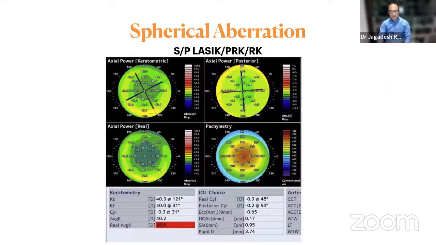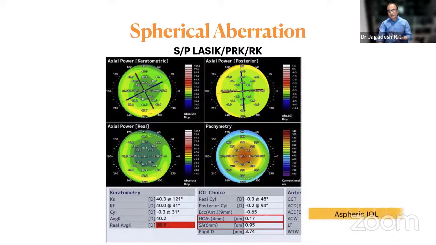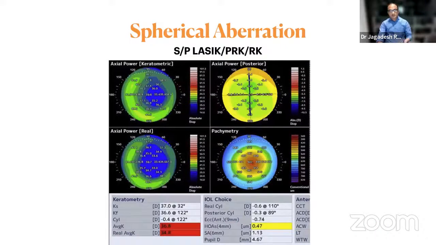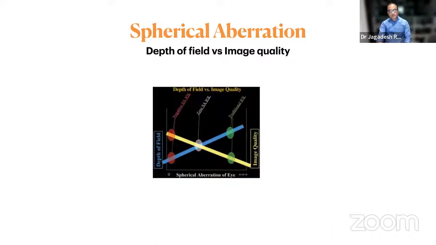Let's look at this example. This is a patient who had undergone a LASIK procedure, and you look at his higher-order aberrations, not very bad, but you look at the spherical aberrations on the higher side. These would definitely benefit from an aspheric IOL where you would want to correct some amount of corneal aberrations. This is another patient who has a very high amount of higher-order aberrations, and spherical aberration also shows on the higher side. This is because you do see some amount of decentered ablation here. So these are patients who may benefit from an aspheric IOL as well.